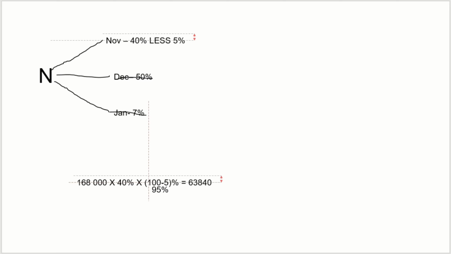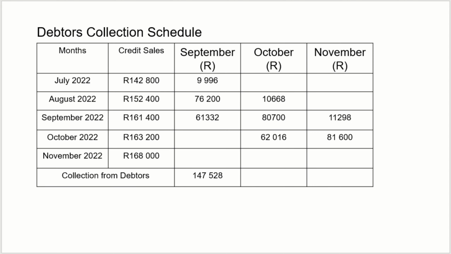Remember, whatever works best for you is what you're supposed to be doing. Okay, so now we're taking that 63,840 and input it in our collection month of November. So we're going to have 63,840 right over there, and by so doing we are done,